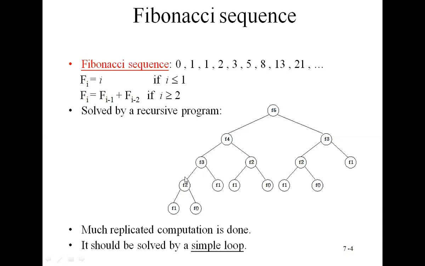Again you want to calculate f of 2. Then you need to calculate f of 1 and f of 0, the previous two. So in the same way, we continue the same process in all the cases. So we constructed a tree. This is the tree you got. When you consider, for example, calculating f of 5, the Fibonacci number 5, how many times do you need to calculate f of 2? We need to calculate f of 2 here.